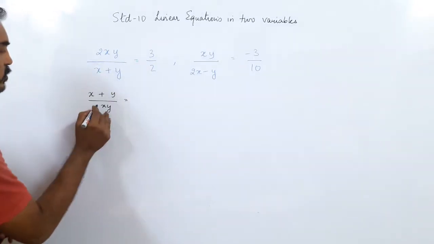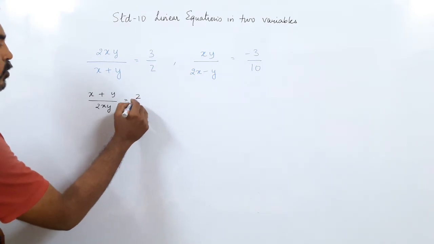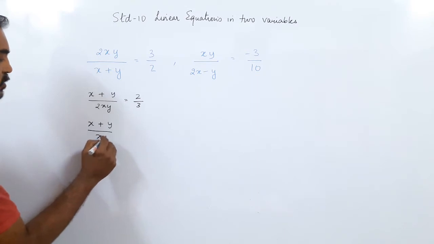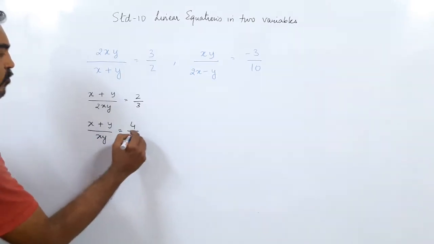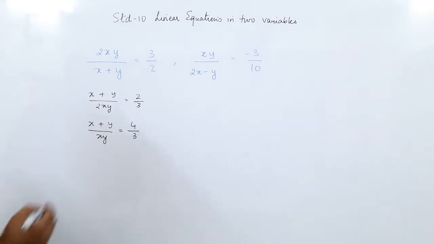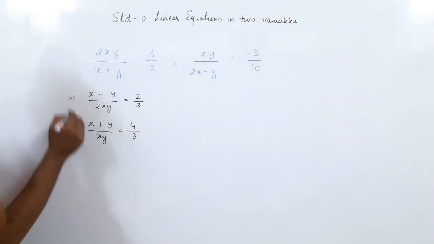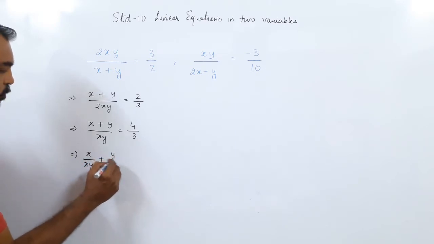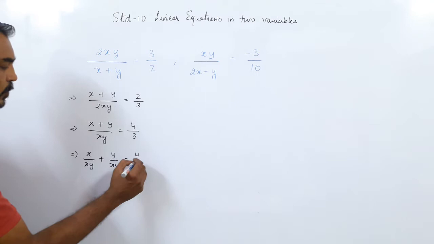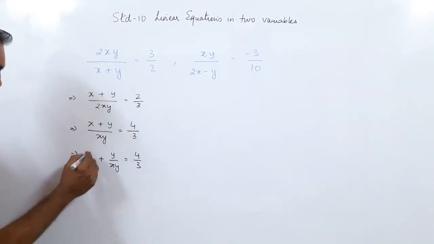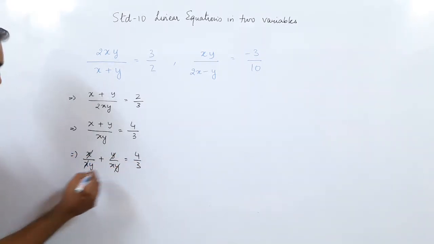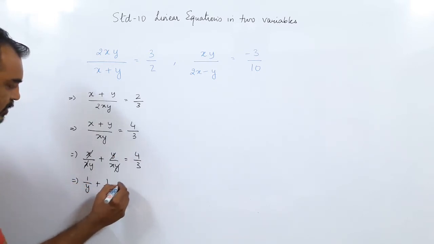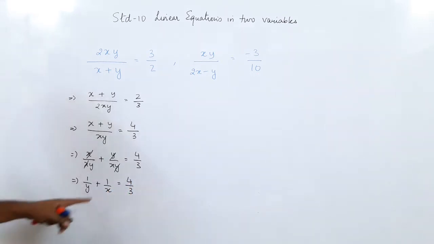This is 2xy equal to 2 upon 3 reciprocal. Now I'll do the first step, x upon y upon xy. 2 goes in multiplication, becomes 4 upon 3. Now I separate them. Separate them means the denominator. So x upon xy plus y upon xy becomes 4 upon 3. So here the x and x gets cut. Here the y and the y gets cut. So what I am left with? 1 upon y plus 1 upon x equal to 4 upon 3.